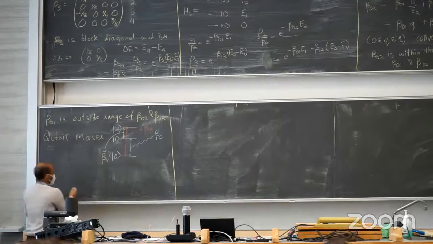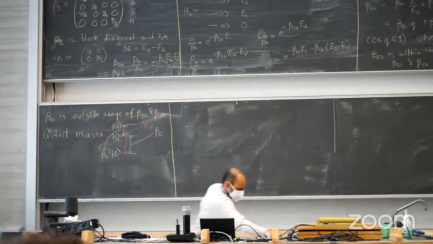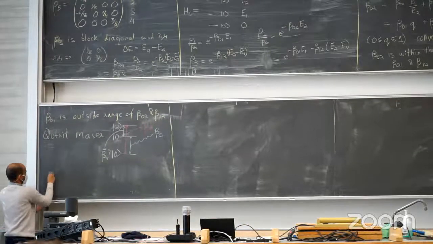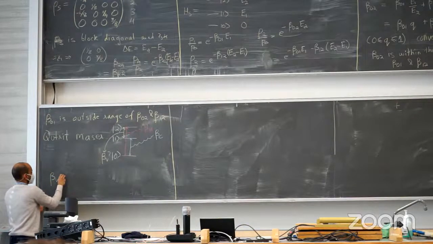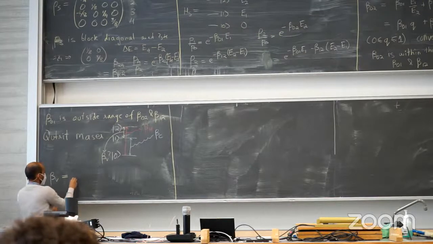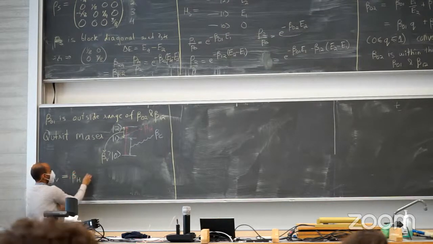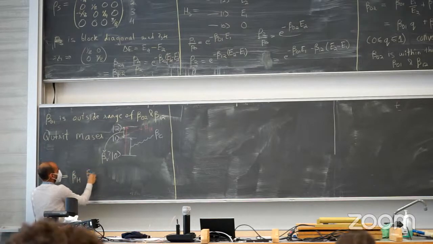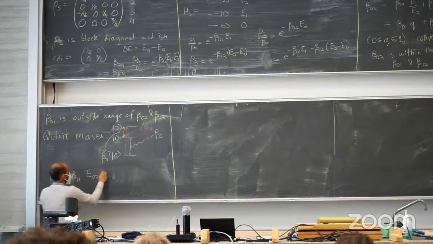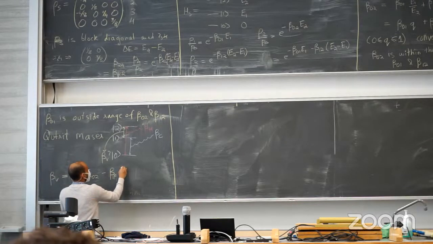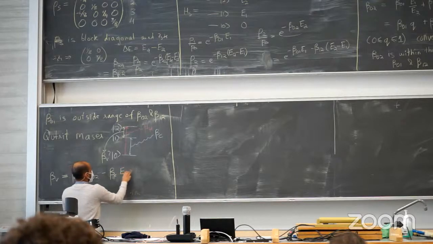What I'm going to get is that beta V is going to become, well, let's just write it. Beta hot times E02 minus beta cold E01